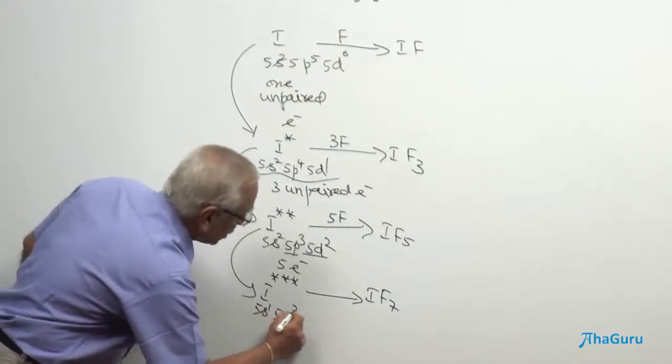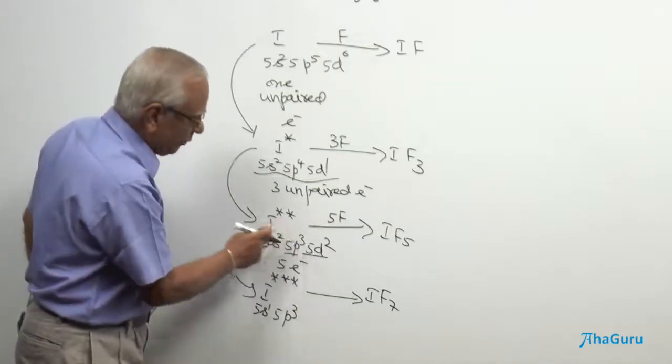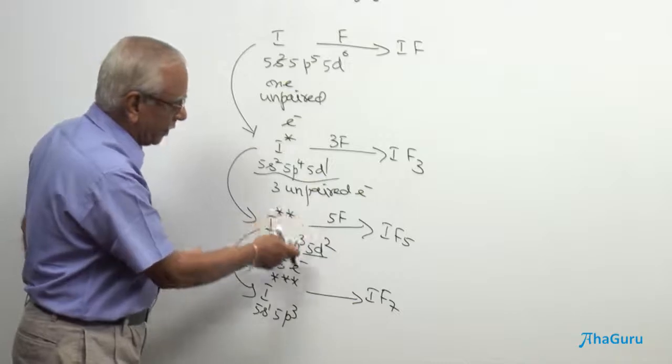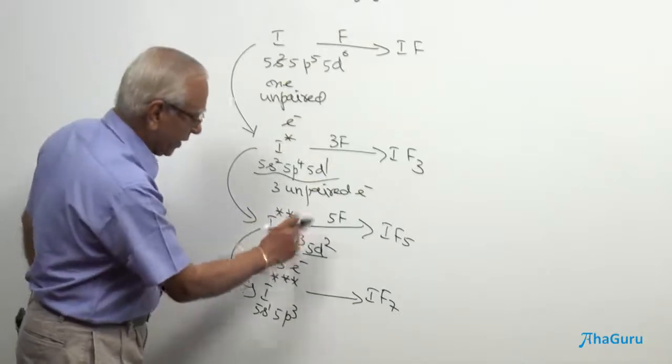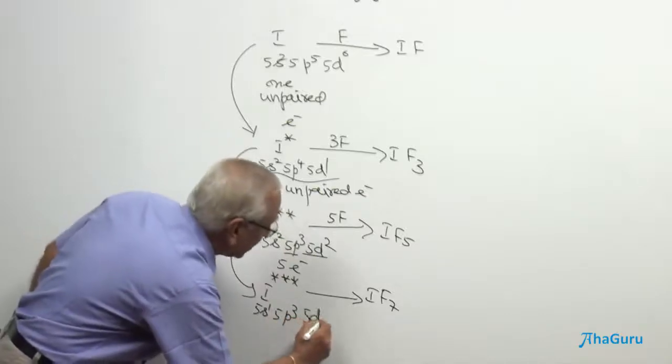I am not supposed to disturb here. I do not want to transfer that here. If it is transferred over here, again the number of unpaired electrons will be reduced here. I want to retain the 3 electrons and that electron goes to 5d3.